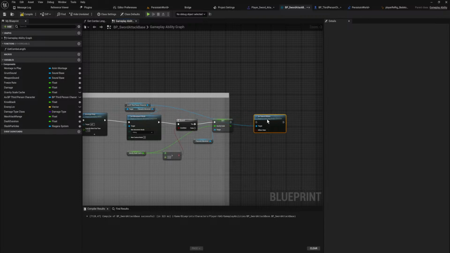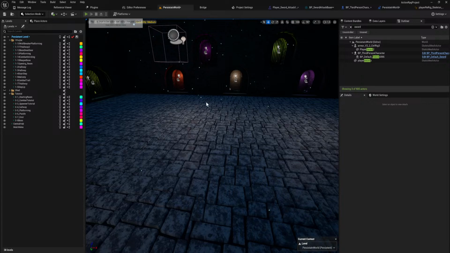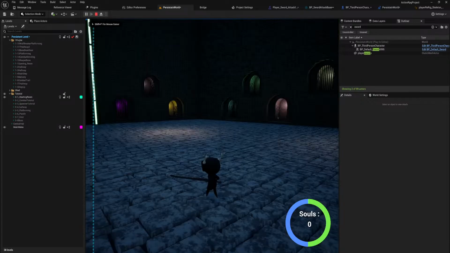Sword hitbox just to false at the end here as well. I don't see how that would have effect on the combo system.